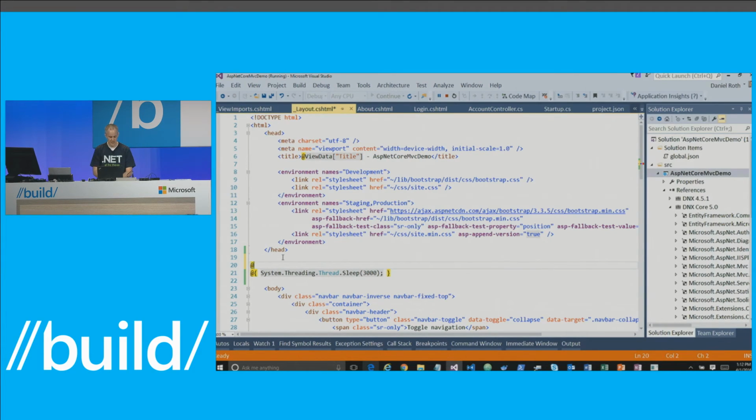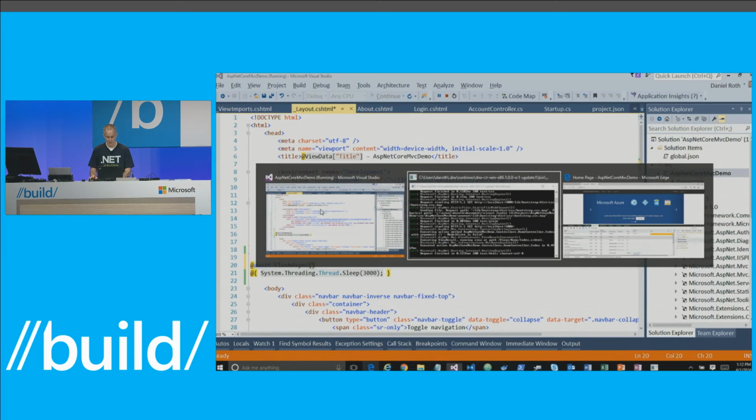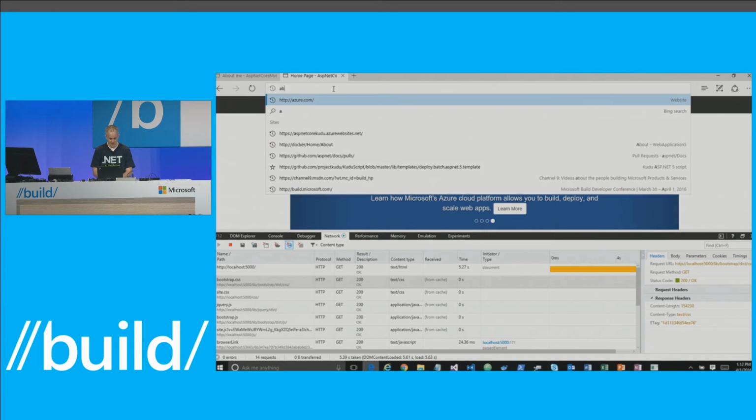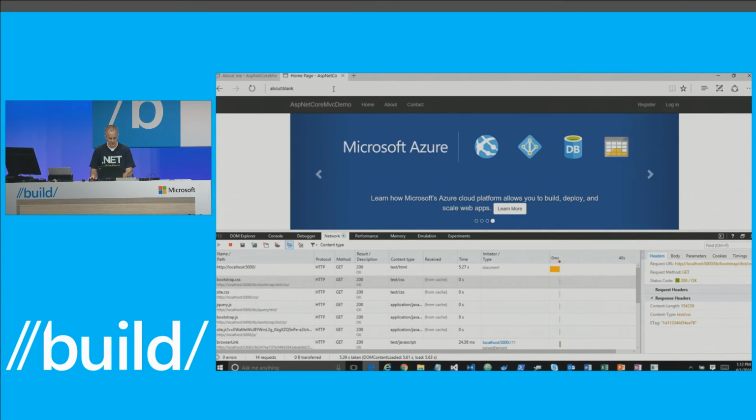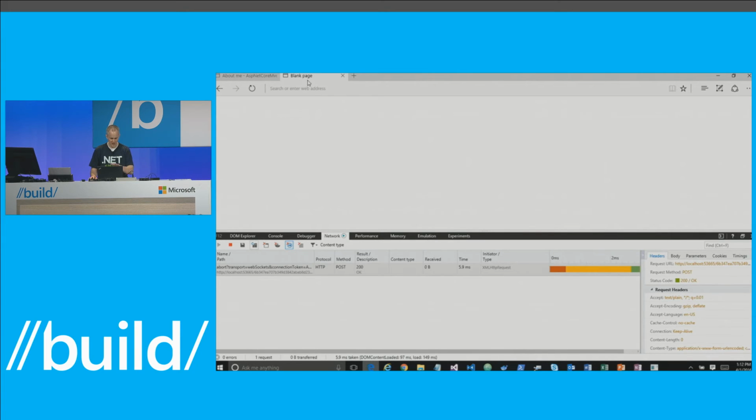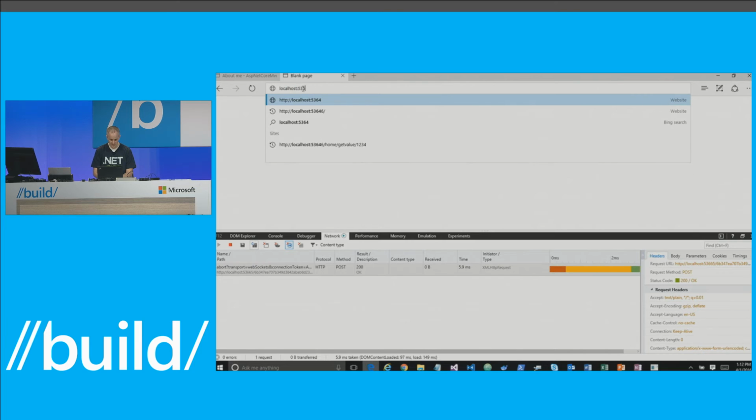And the way you do that is it's asynchronous. I mean, we're in the asynchronous world. We call FlushAsync right there on the page. Okay? So this should send the head with the title down to the client, and then we're going to wait 3 seconds, and then we should get the rest. So just to make sure that's really happening, we're going to clear out the cache. So now I've got a blank page, right? And now if I go to localhost 5000,